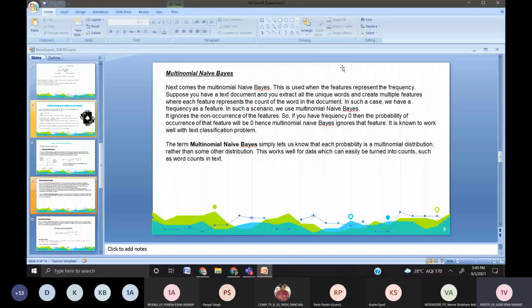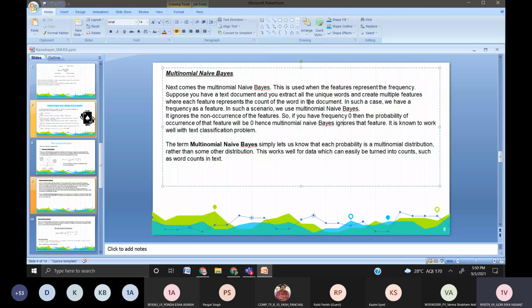In this, if these words are present, it's possible that it's from a friend or a colleague or a family member. But there are words which are always used in spam messages, like congratulations, you've won a lottery. Those messages are usually classified as spam. This is not the only way to classify them as spam, because your friends could also be congratulating you on something. But this is one basic technique the multinomial naive Bayes theorem uses.